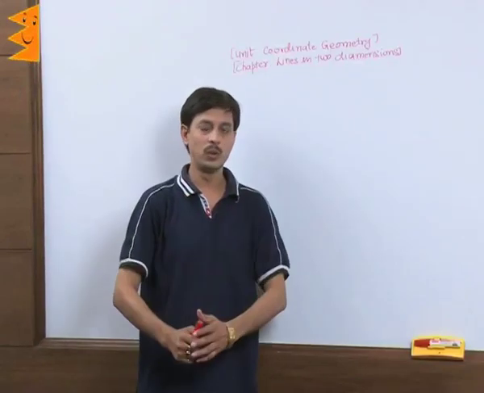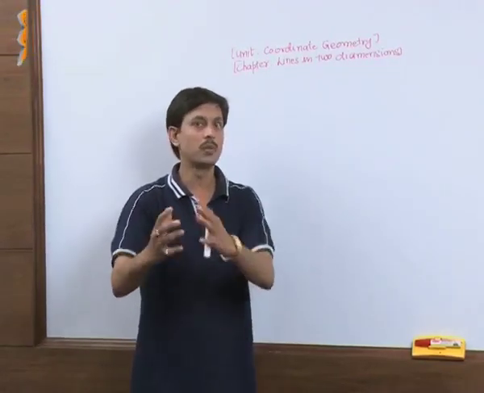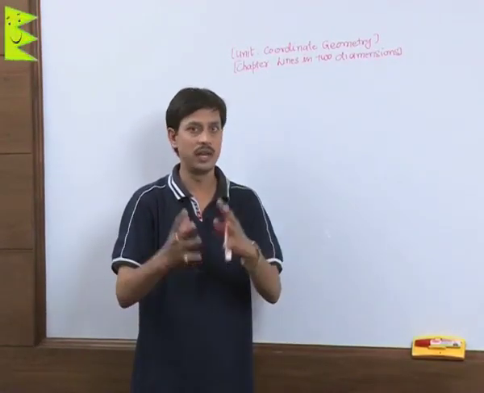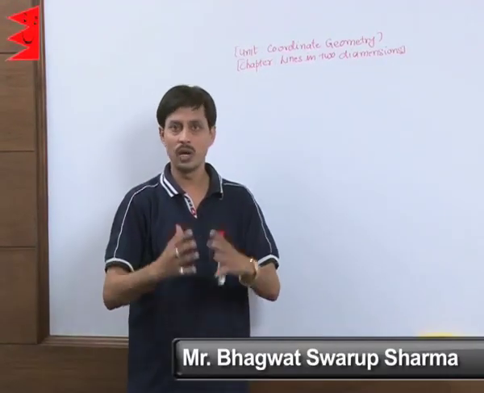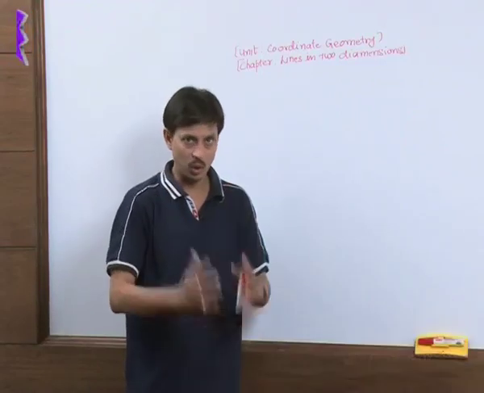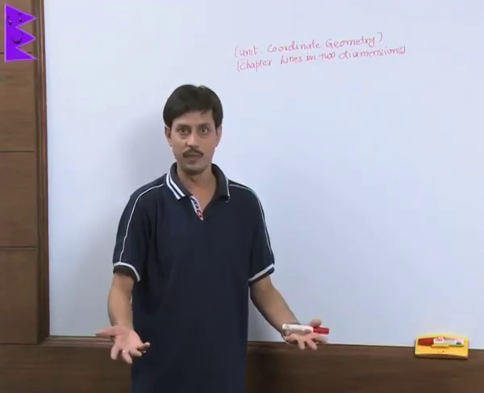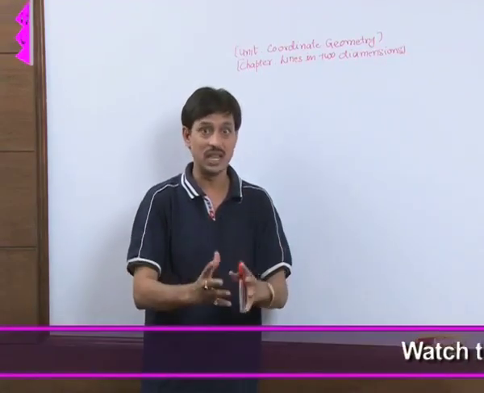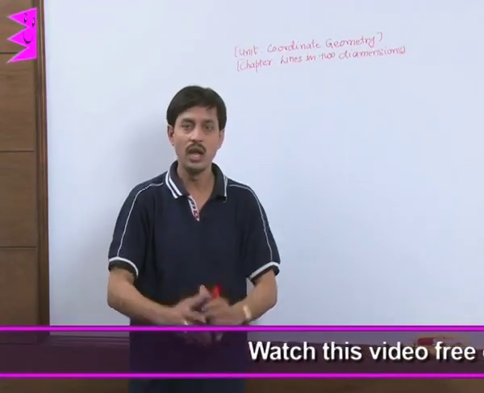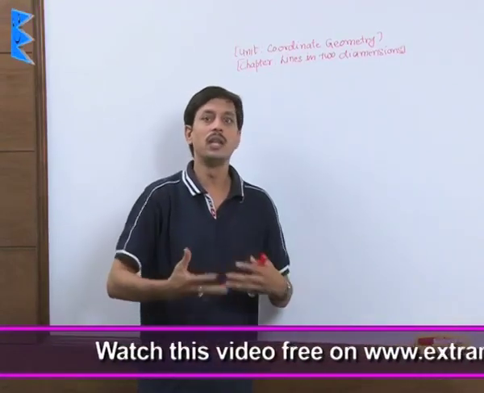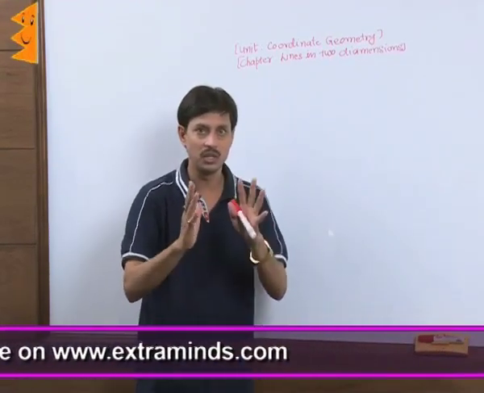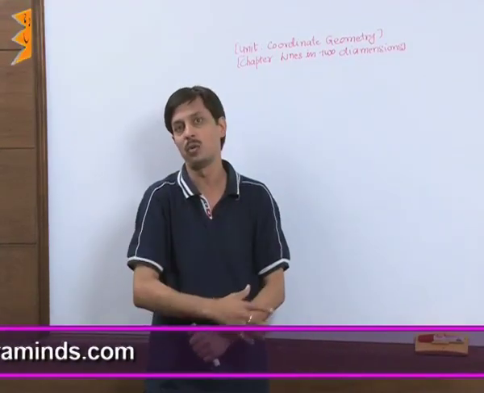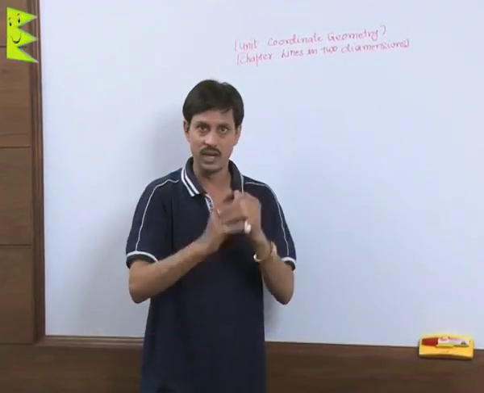Now I will explain the further use of the distance formula in quadrilaterals and triangles. To check whether the given quadrilateral is a parallelogram, rectangle, square, rhombus or trapezium can also be decided by using the distance formula. And how to find the area of a triangle or quadrilateral or pentagon, this all can be done with the single formula, that is the distance formula, which we have shared with you.